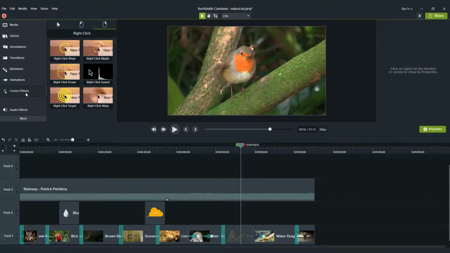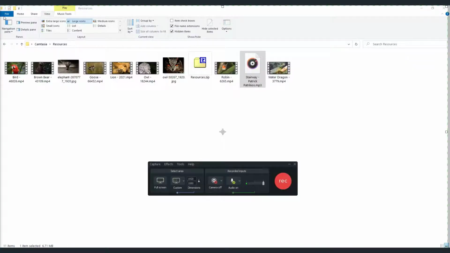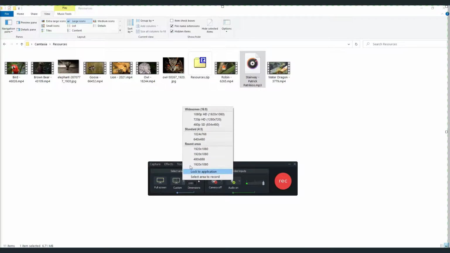Cursor effects are only available if you record your computer screen with a Camtasia recorder, which is what we are going to do now. And I will show you now how to record your screen and import it to your Camtasia project. To record your screen, all you need to do is to press this record screen button, and you will see this recorder control. If you click full screen, it will record your full screen, or you can customize, click custom and choose over here the area you want to